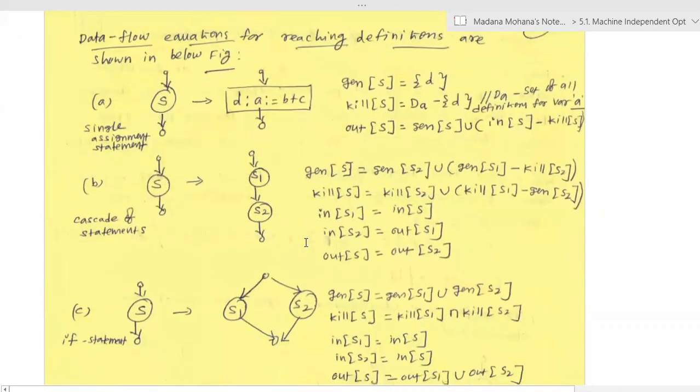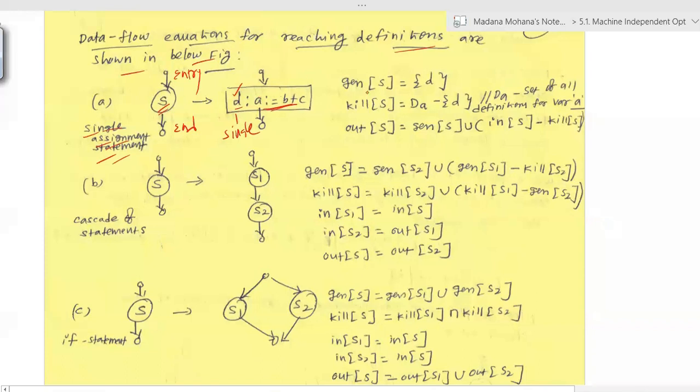Now, with respect to reaching definitions, the data flow equations for reaching definitions are shown in the figure below. The first is a single assignment statement of this form in the flow graph, with one entry point and one end point. Now, what is the statement here? For example, the statement D defining A equal to B plus C. Only a single statement is there. Here, a single assignment statement. Now, in this case, the data flow equations are of the form: